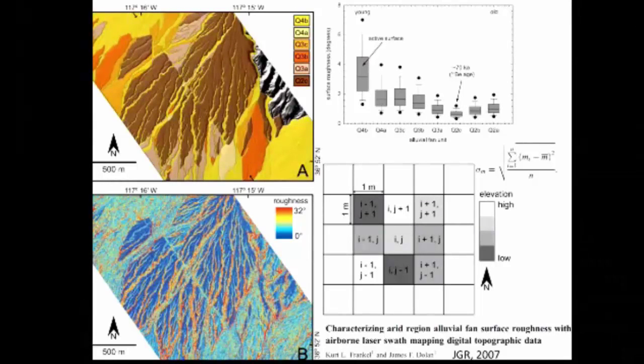So if this number is small, it means it's a pretty smooth zone. And if it's a high number, it means it's pretty rough at this short length scale. And so you move this little computational kernel over the landscape, and you can represent this as an angle, but it's also really a length. And so you can find that parts of these alluvial fans are quite smooth,